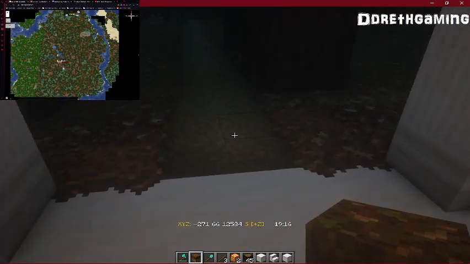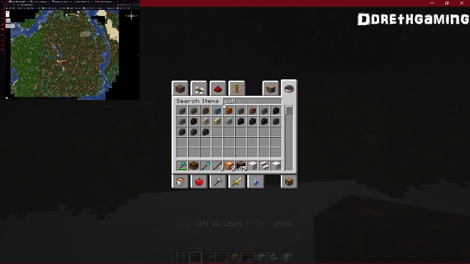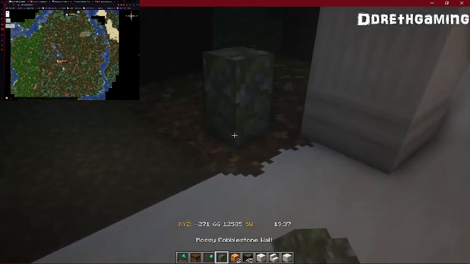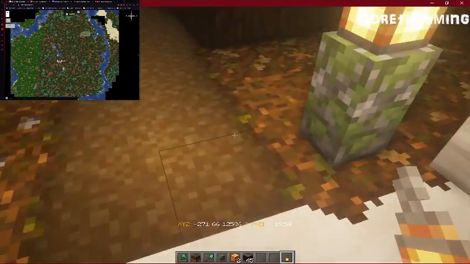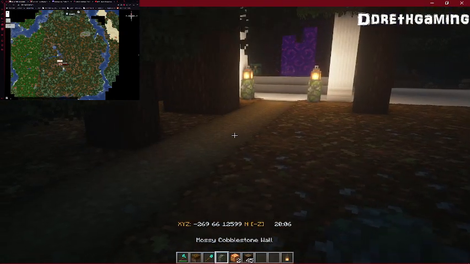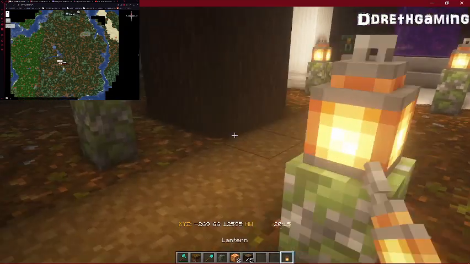Maybe I will kind of stick with the mossy cobblestone for this area. Kind of make it a theme. Well, I guess I don't need these anymore right now. I do kind of want this to seem like an ancient-y place. I know that's not really a word, technically speaking, but